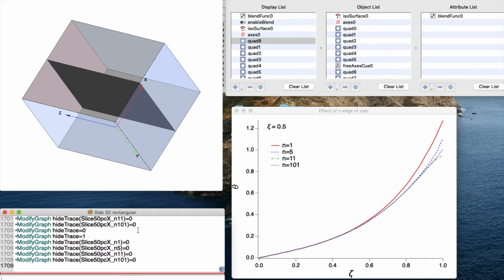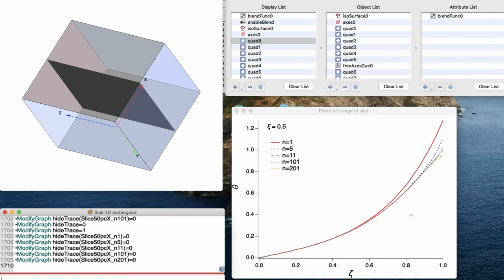Still different from the previous trace. Let's just double check that we're getting close to a final solution. So we'll go to 200 terms, and we see that things are not changing between 101 terms and 201 terms. So basically, somewhere between 11 and 100 terms is where the effect of adding terms saturates, and we get a